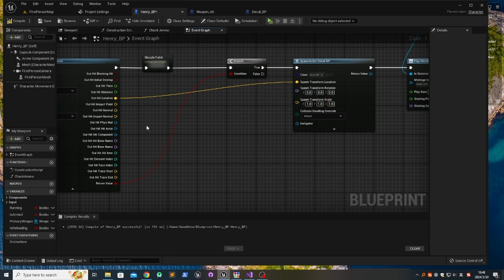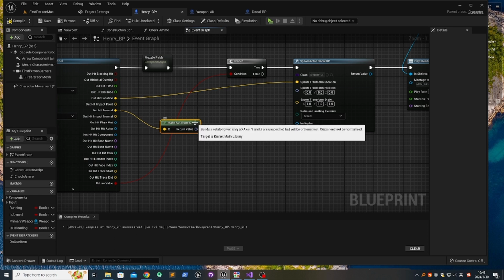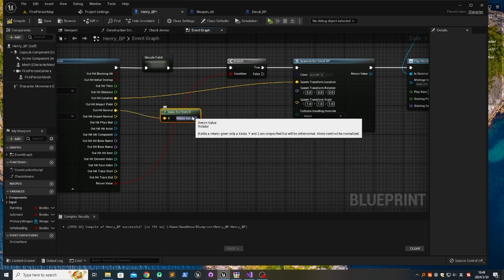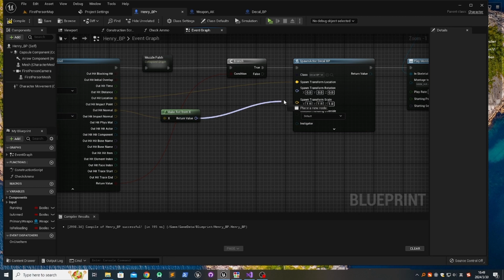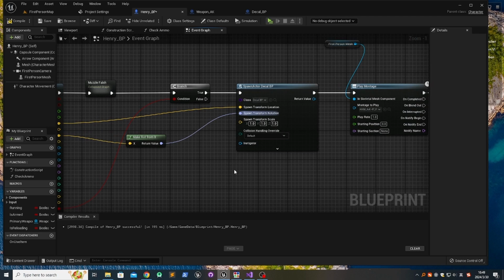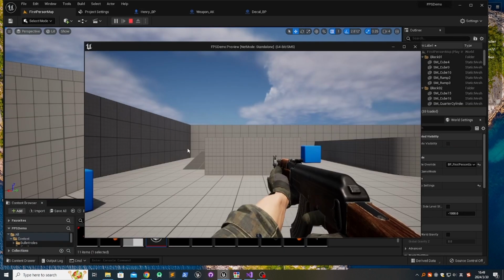And we should use the hit normal and make rotation from X to make the bullet hole face right in front of our camera, like its surface is in front of our camera. Okay, compile save and hit play,